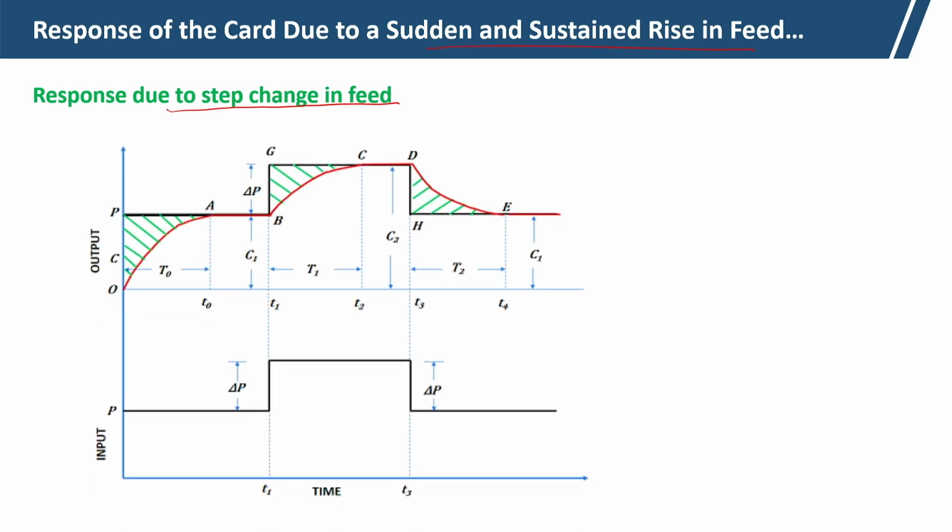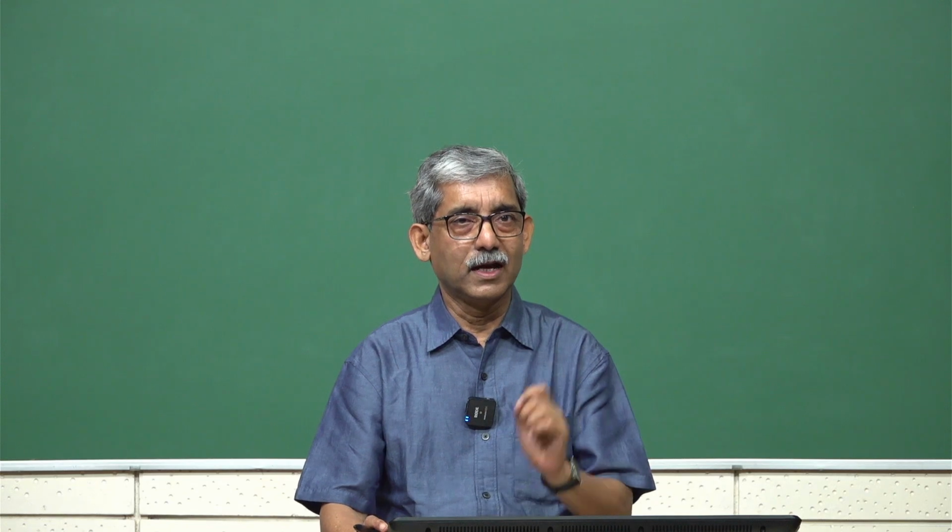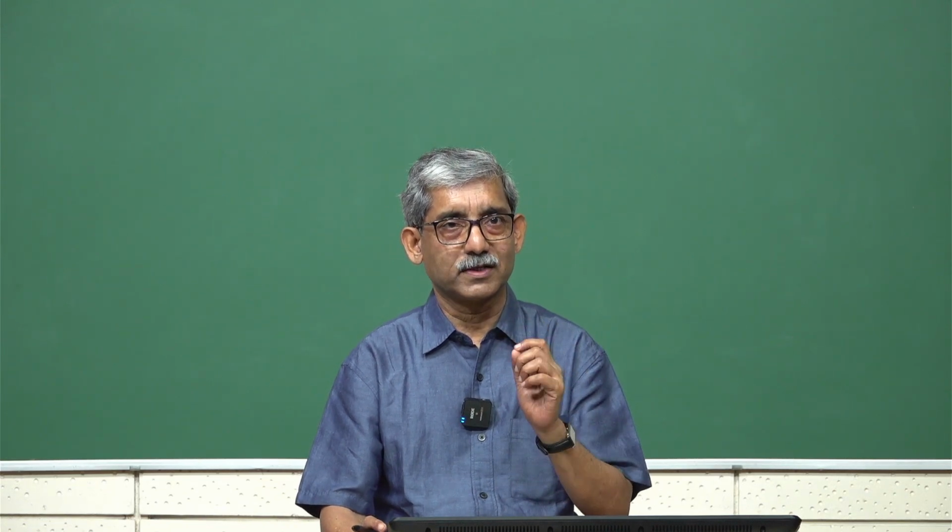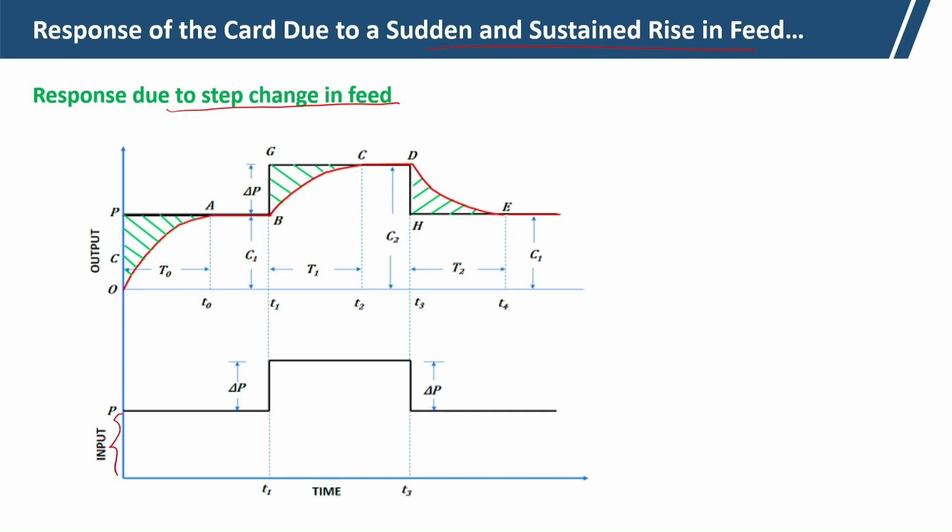So, here if you see, suppose this is the output. The input to the card is basically equal to the production, P is the production, eliminating the effect of the waste percent. So the input material is P, which will be consistent, P units per unit time. That feed material will continue up to time T1,